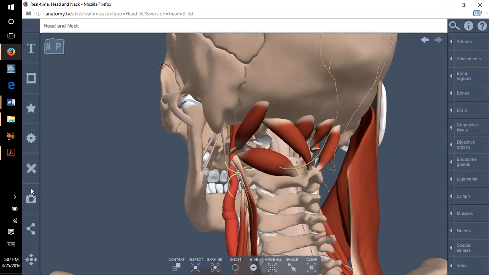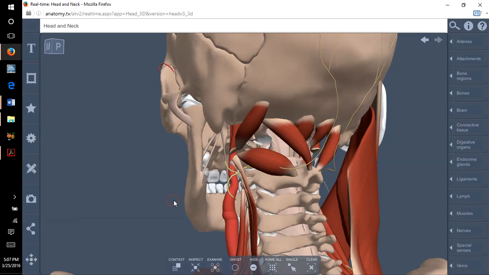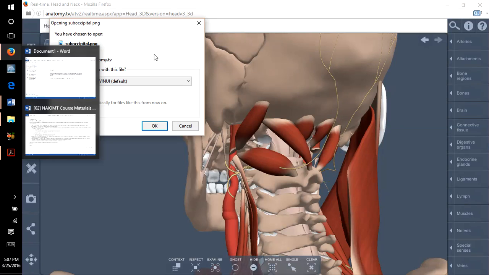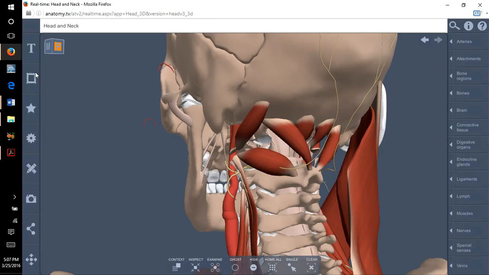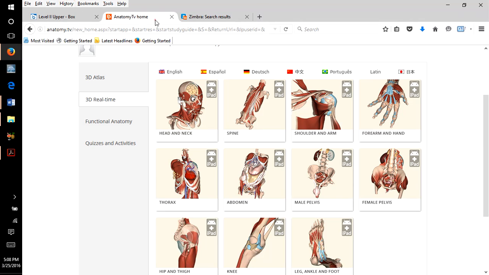Or if I want to take a picture of it, I can click here, type in suboccipitals, etc., and hit OK, and it will save a picture for me. And it asks me, do I want to download the image, and I'll say yes. And it says, do you want to open it or save the file? You can do either. If you save the file, though, what it automatically does is go to your default browser,